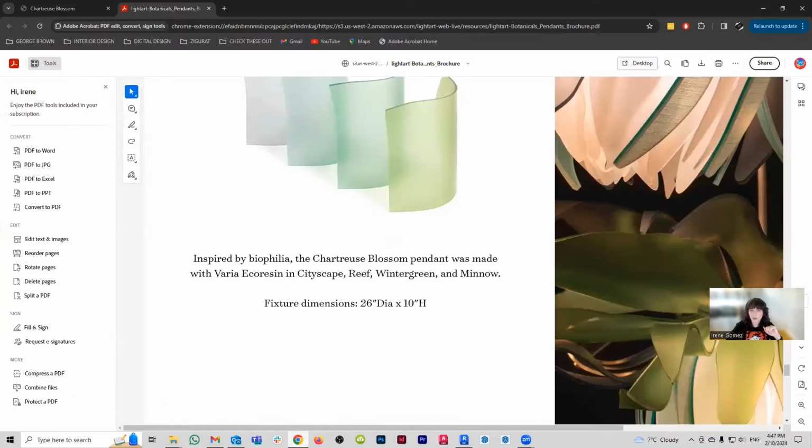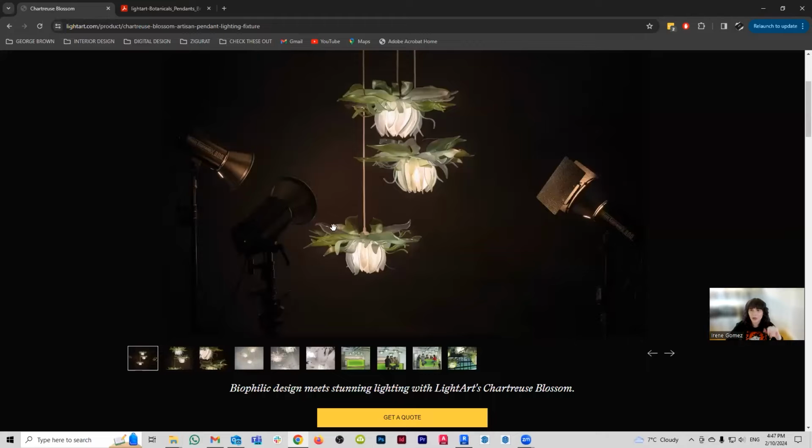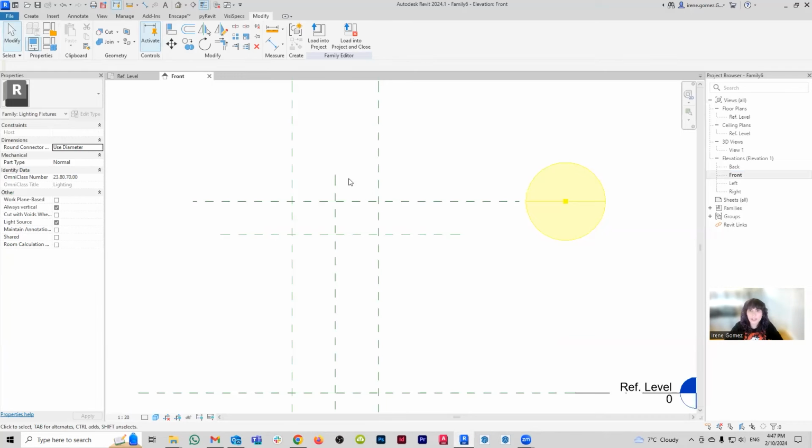The first thing that I want to do is build these crown of leaf petal things on the top. This is the most complex part of this lighting fixture because you can see that there's a lot of petals, there's a lot of complexity, and I do want to show that a little bit. What's going to be the best way to do this? I think front view might be the best way.